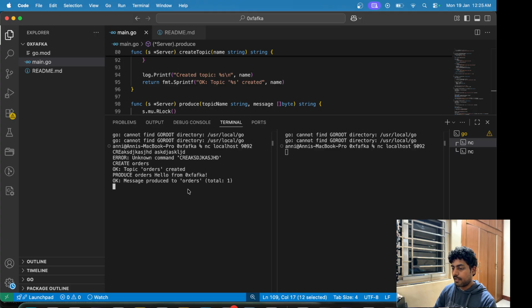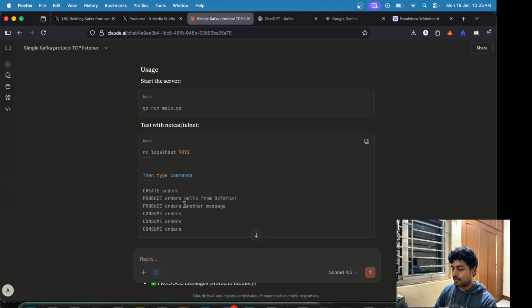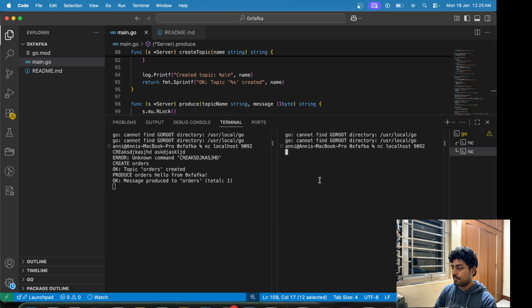So that is created on the orders topic, and then we have the consume command. Now we have read that message from the topic, and then consume orders. If we run this command again, okay, that was the wrong command, consume